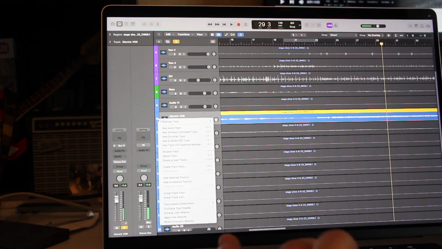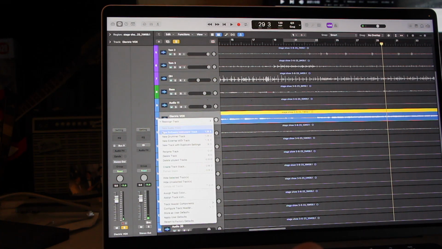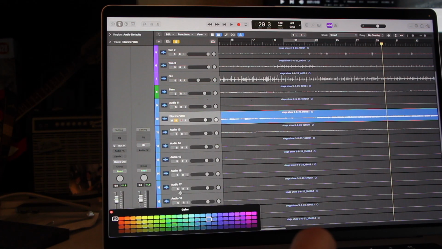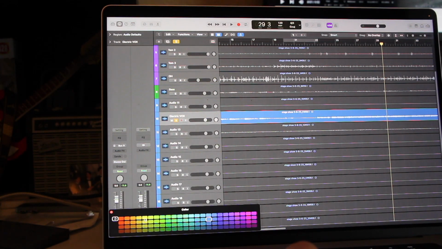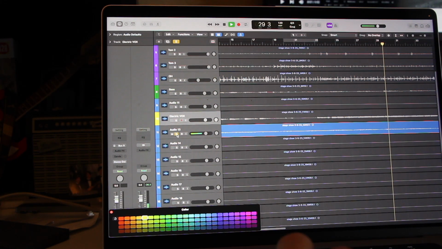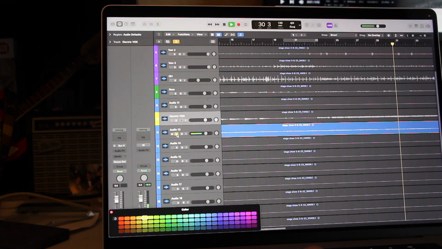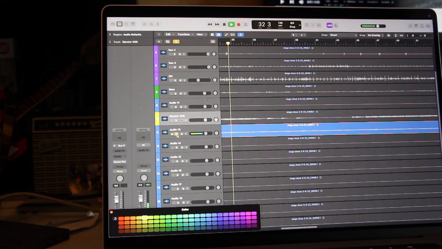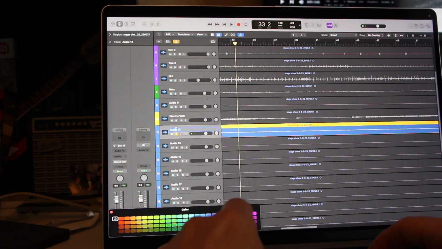Rock and roll. Right click on 10. Let's give our electric guitars colors, and let's make them bright yellow. Audio 13 is the guitar amp in the back of the stage. It was Jonathan's guitar amp. So electric